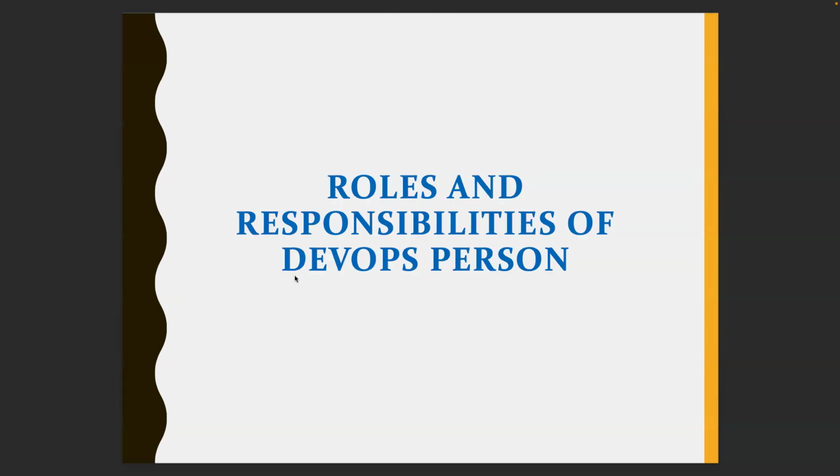And now let's talk about the roles and responsibilities of a DevOps person. We'll be deep diving into the roles and responsibilities every day once we start the course. But here I'll again give you a high-level picture. In the CI/CD part, once the developer is ready with the code, you have to move the code to the production stage automatically, right? So you have to work on any part of this particular CI/CD pipeline, any stages, any phases in this pipeline. That's one of your roles. Not only that,